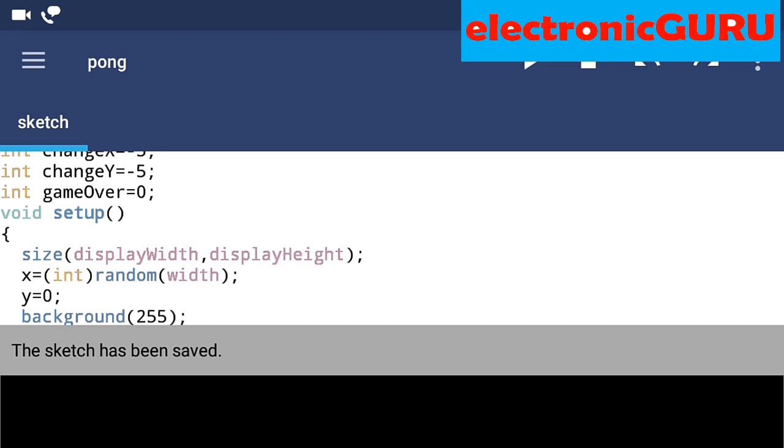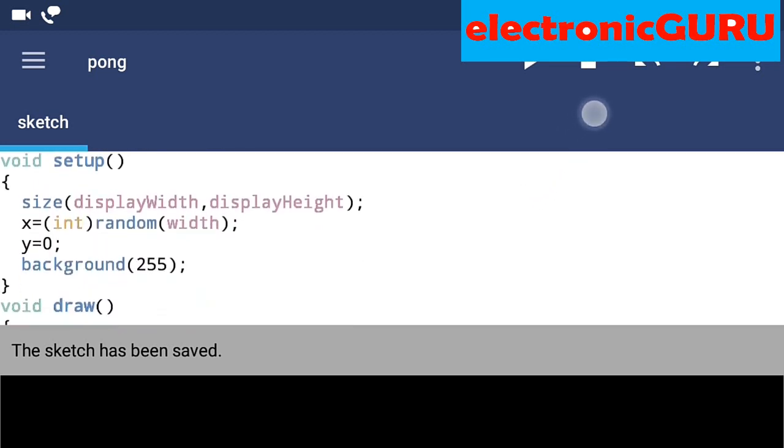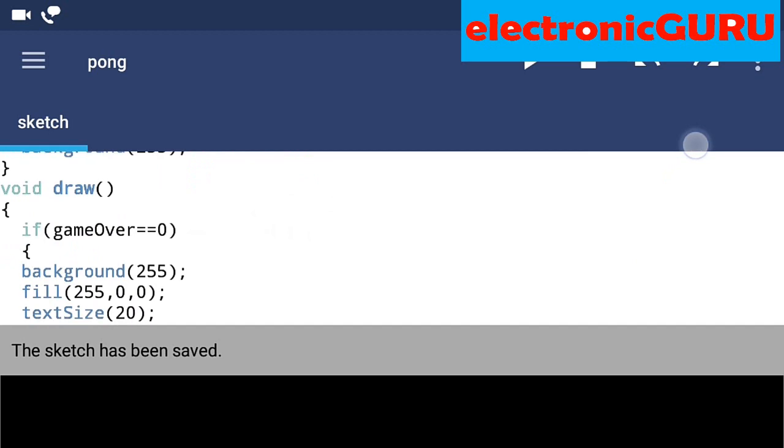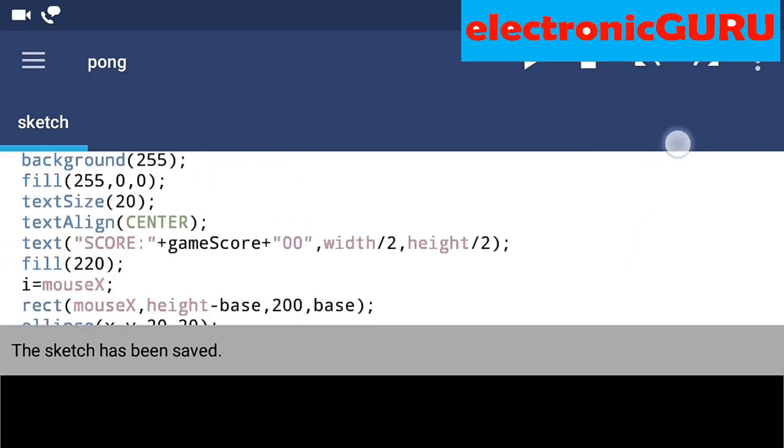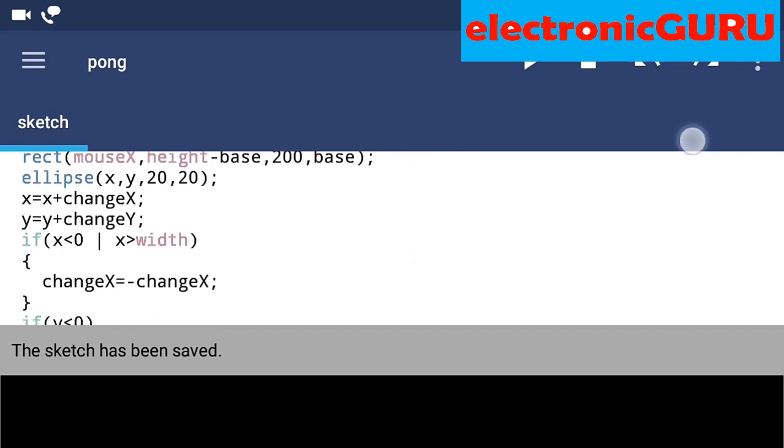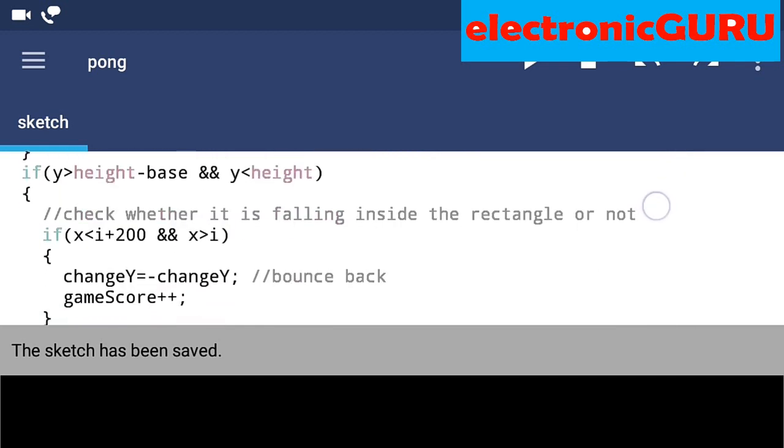It means it will automatically change the direction of x. Say the ball is moving to the right of the screen, then as soon as it reaches the width, it will automatically assign change x to the negative. So if the change x was +5, then it will automatically become -5. So the ball will come to the left. That's it. After that, if y is less than 0 and the ball is going upward, then it will automatically change the y direction, as I have told you for x.